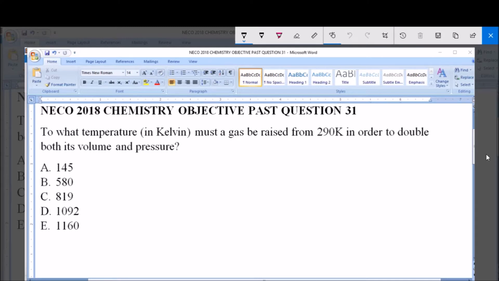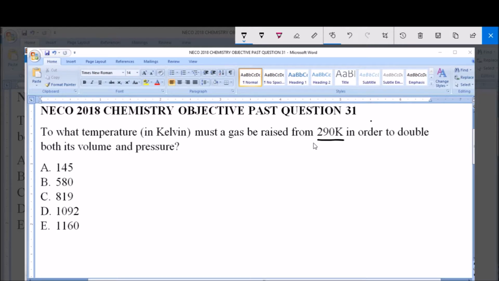NECO 2018 Chemistry Objective Past Question 31. To what temperature in Kelvin must a gas be raised from 290 Kelvin in order to double both its volume and pressure? A. 145, B. 580, C. 819, D. 1092, E. 1160. So we are given an initial temperature here of 290 Kelvin, and we are asked to what temperature we will raise